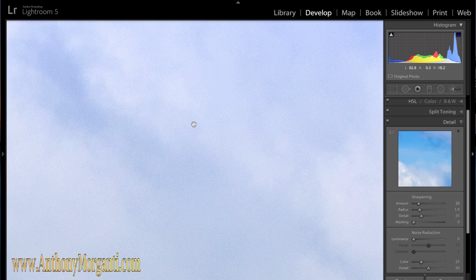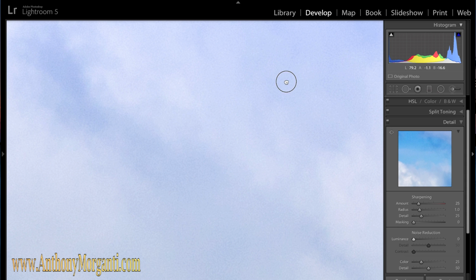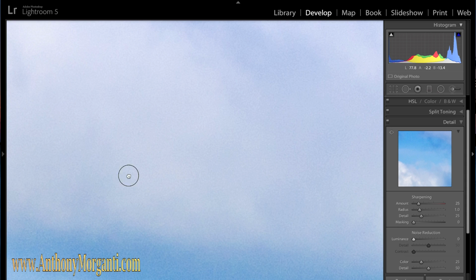You can see the little grain looking noise in there, and as you move the noise reduction up, you'll see eventually it'll smooth it out. See how it's blurred it out? You don't want to go too high because it's going to make your picture blurry, so there's got to be a happy compromise. And typically what I'll do is, let me show you, let me go to part of the photograph here